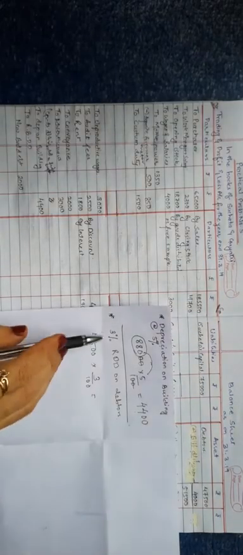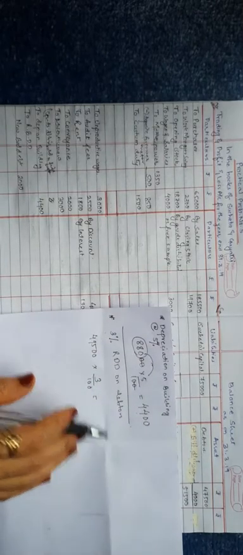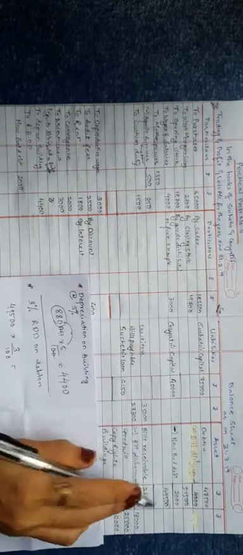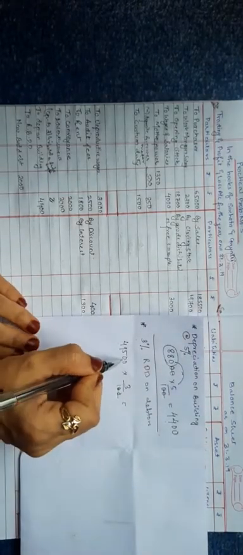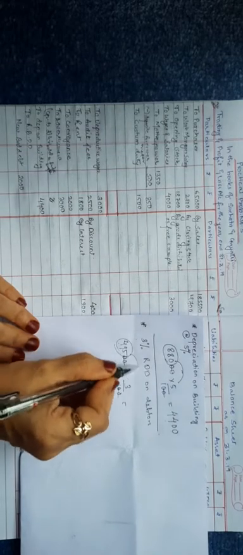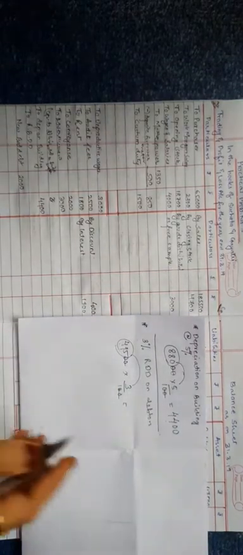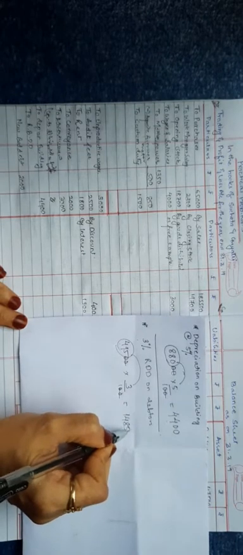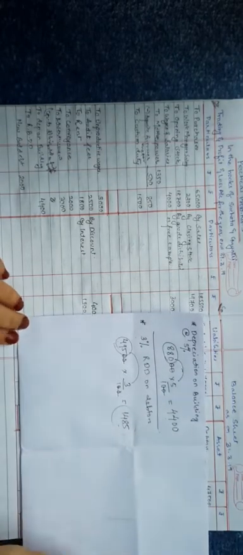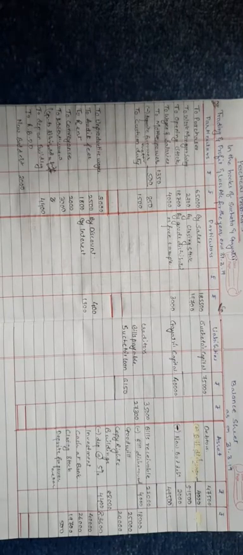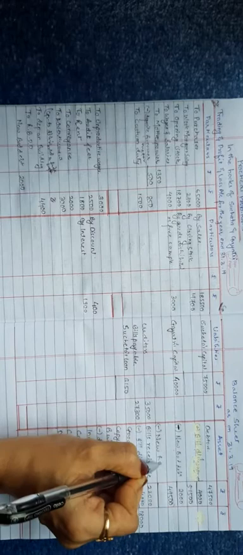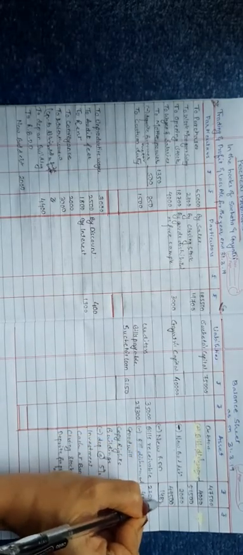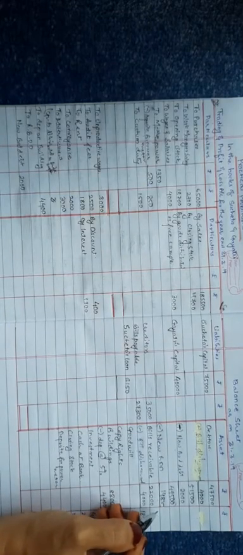Show the working note for it. 3% RDD on debtors. The amount of debtors was 49,500 and it's 3%. Now calculate this. Cancel these two zeros, these two zeros. 495 into 3. The answer will be 1,485. And now this 1,485 is nothing but new RDD. And new RDD is deducted from here. So less new RDD 1,485. Now deduct this and get the amount in the outer column.